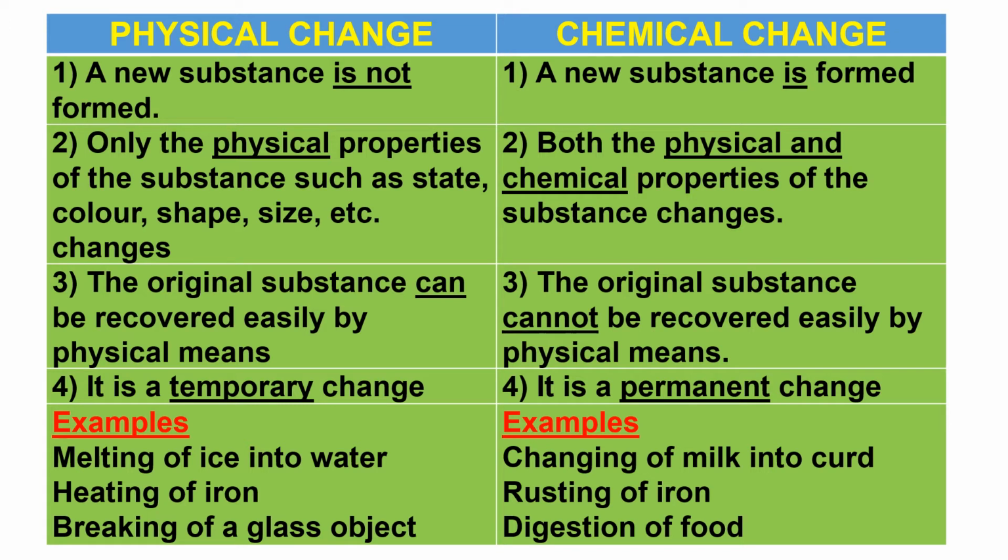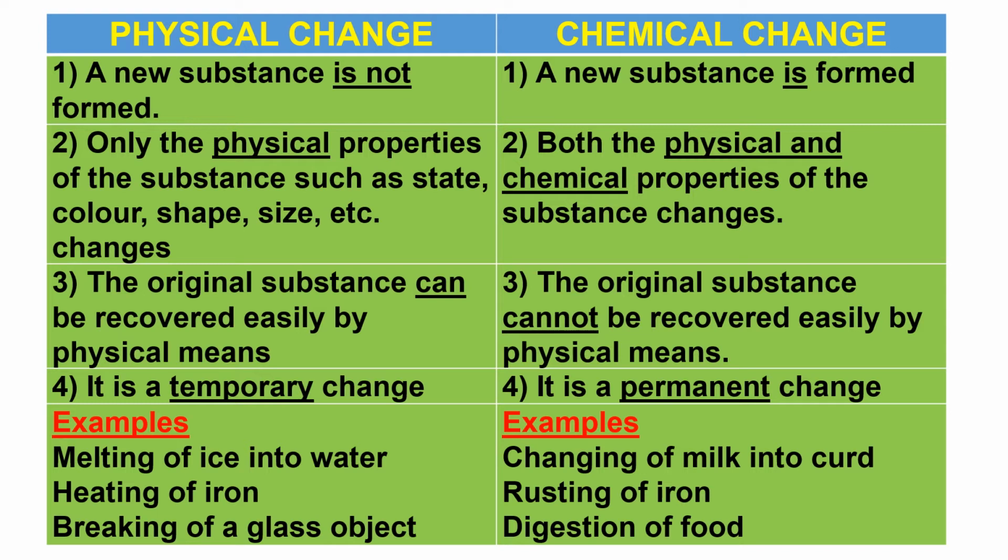Now, what about heating of iron? Heating of iron is also the same thing. When you heat iron, what happens? Does the substance change? No, iron remains iron only. Now, iron is a metal, and most metals are generally grayish in color. But when you heat iron, it becomes red hot. Yes, it becomes red. But again on cooling, what happens? Again it becomes gray. In other words, did I get a new substance? No. My iron remained iron only. Only the color changes. So only the physical properties have changed.